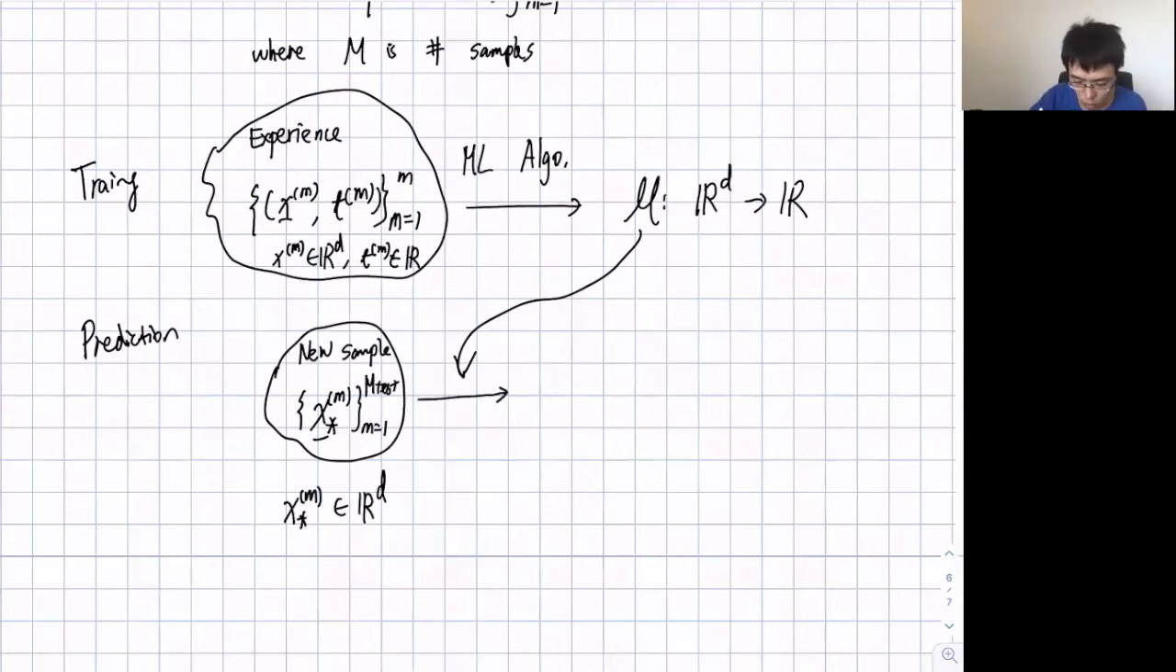Then I make a prediction. So I call it T hat M. Hat is usually some prediction. This is not the true label or the true target of this data sample. Sometimes I make an error. Maybe the animal weighs 2 pounds, but I predict 1.8 pounds. It's also possible. So if you have M samples for the test or for the prediction, then you also have